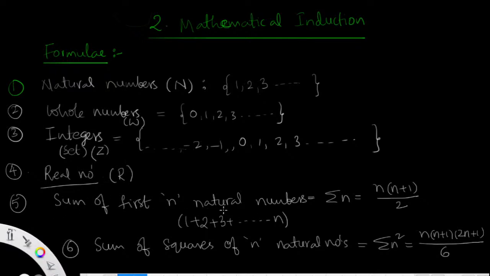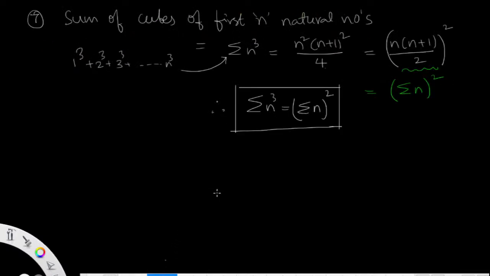Sum of the first n natural numbers, 1 plus 2 plus 3 and so on up to n, sigma n, that is n into n plus 1 by 2. And sum of the squares of the first n natural numbers, 1 square plus 2 square plus so on up to n square, which means sigma n square, is n into n plus 1 into 2n plus 1 by 6. And then the next one is the sum of the cubes of the first n natural numbers, 1 cube plus 2 cube plus 3 cube plus so on